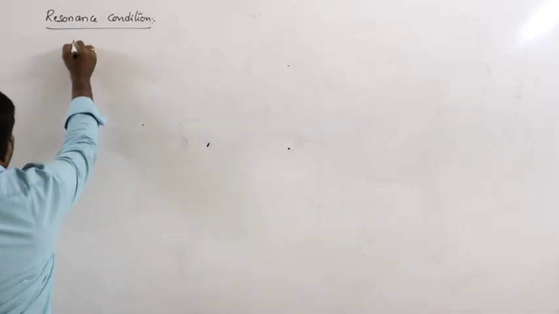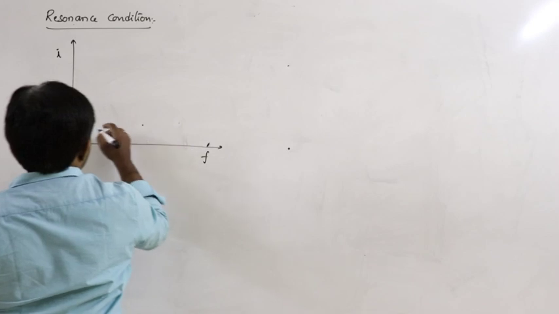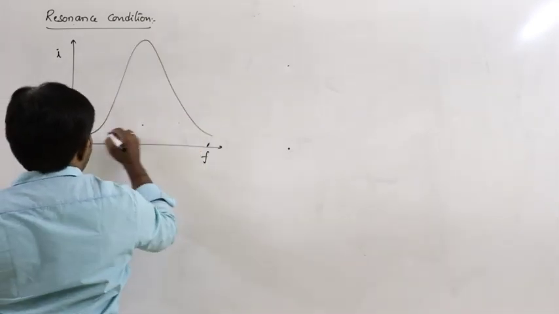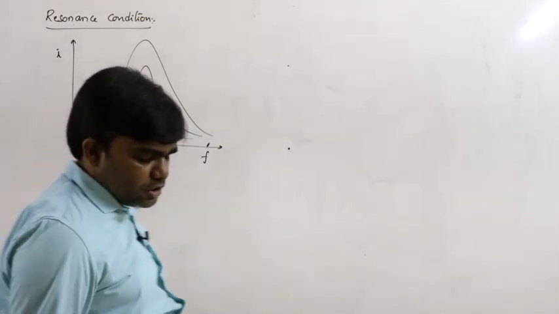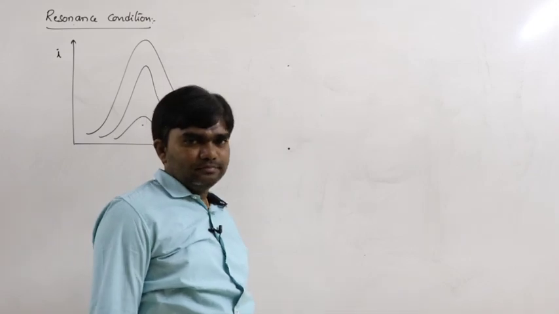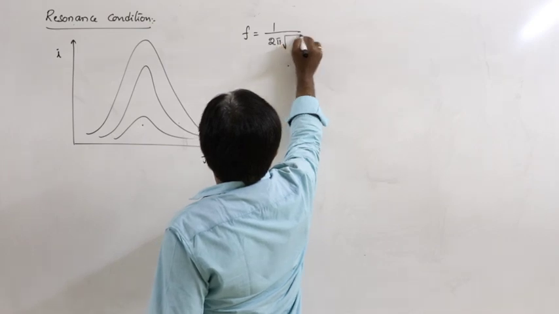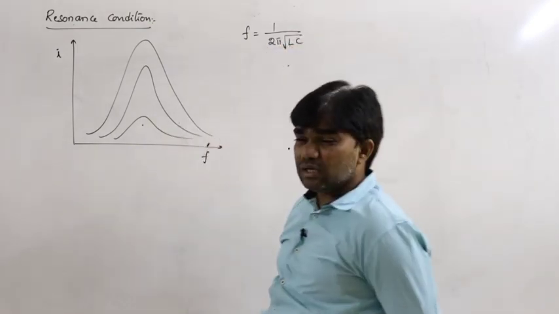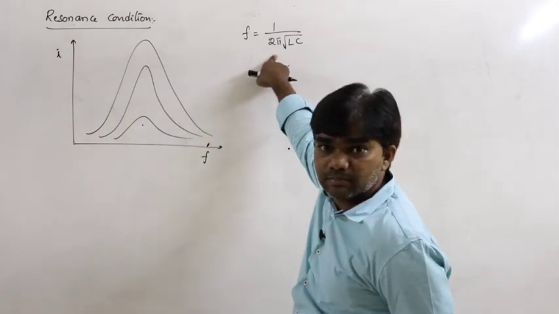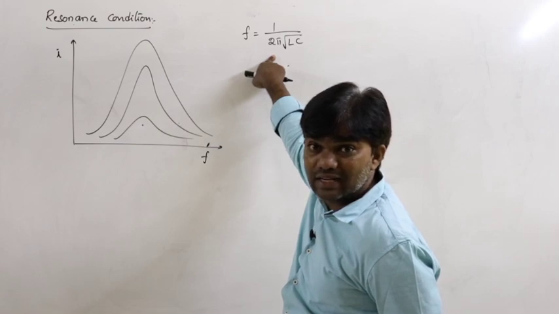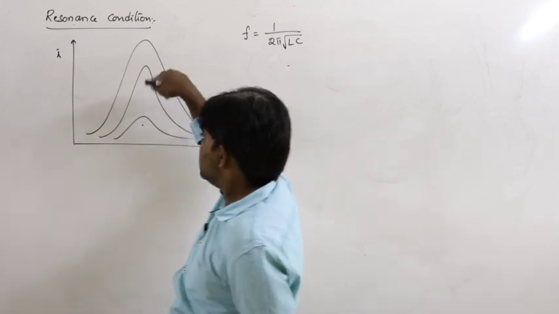So, here for example, if we draw the graph, this is I and this is frequency, at particular, like this, energy distributed in black body radiation, same situation. So, here resonance frequency can be written as 1 by 2 pi root LC. Of course, the resonance frequency does not depend on resistance. Here, is there any resistance term? There is no resistance. But this frequency, here it is denoted with resistance.